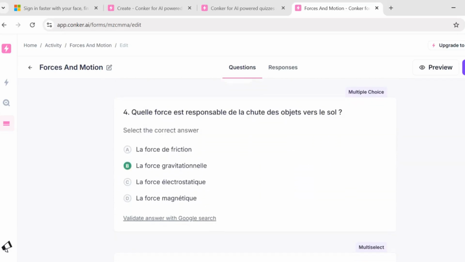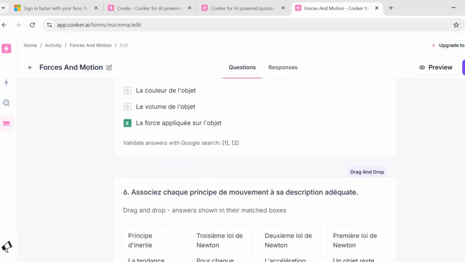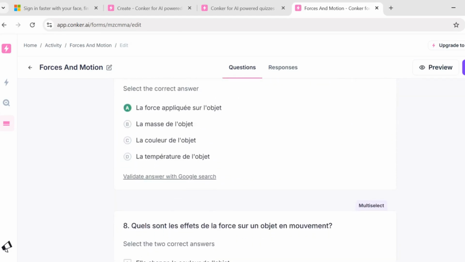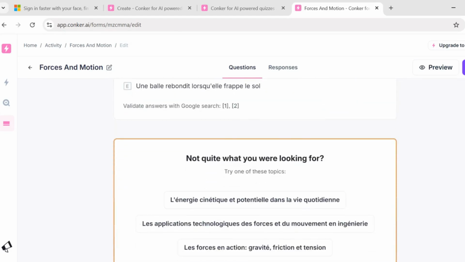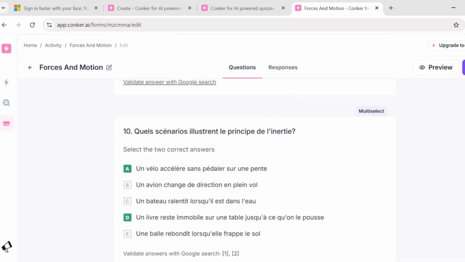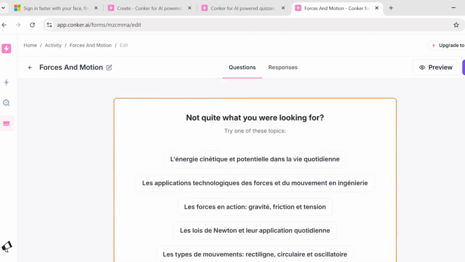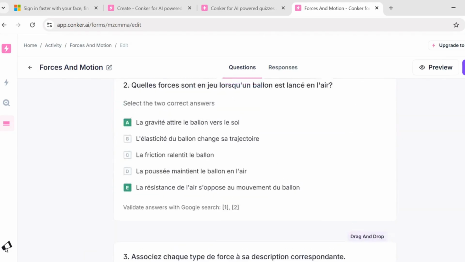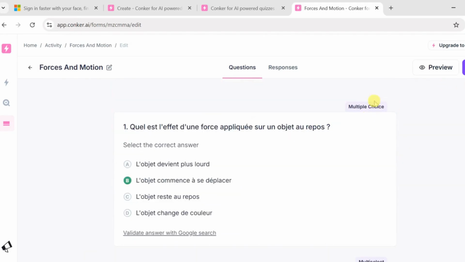If you doubt the answers, you need to check whether the answers are correct or not. And you have all of these types of questions with the responses. You can preview how the test is going to look. You can share this list of questions with others. You can edit the questions or multi-select. So these are the options available, and these are the multiple choice questions. As I said, you can edit the title of the test, you can preview it, and